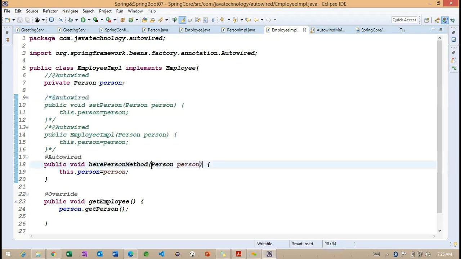Very important here is what parameter this particular method is expecting. Getting the point? The particular dependent object information we need to specify here. Whenever we specify it, the Spring container will automatically provide the property related information.